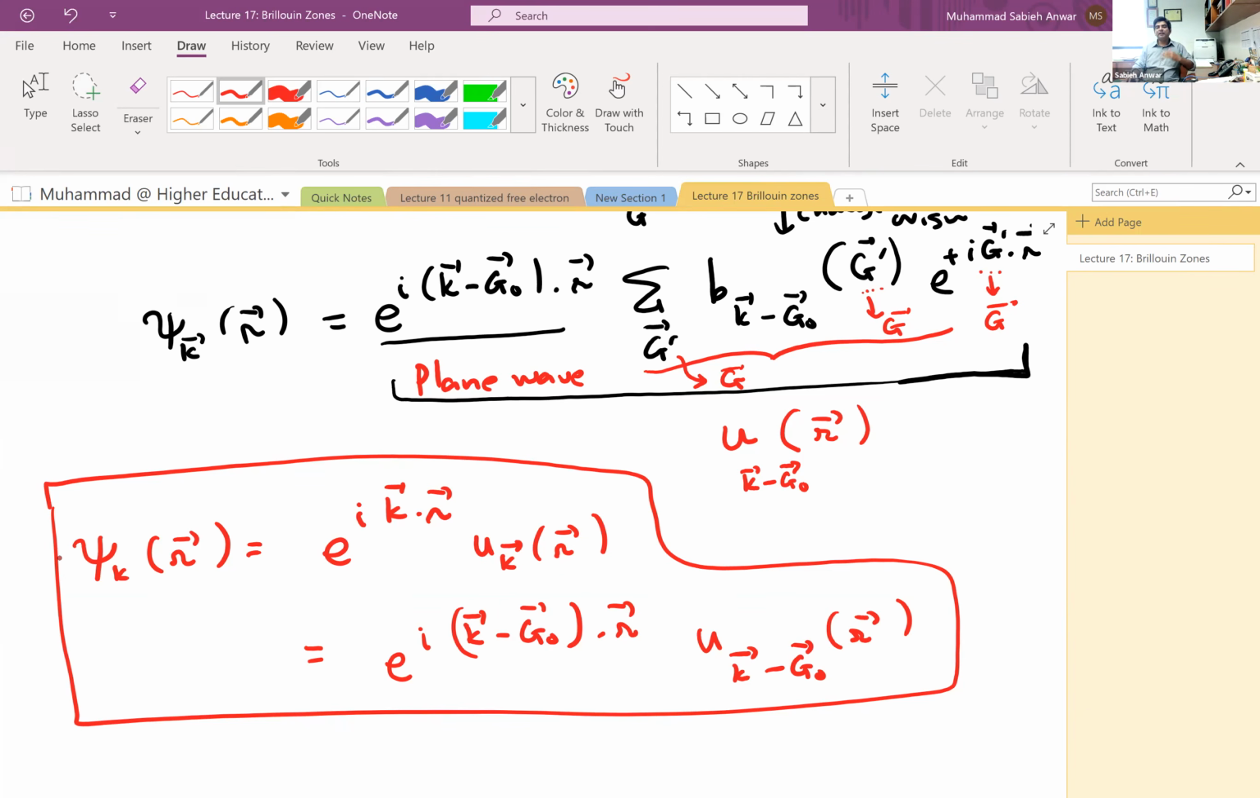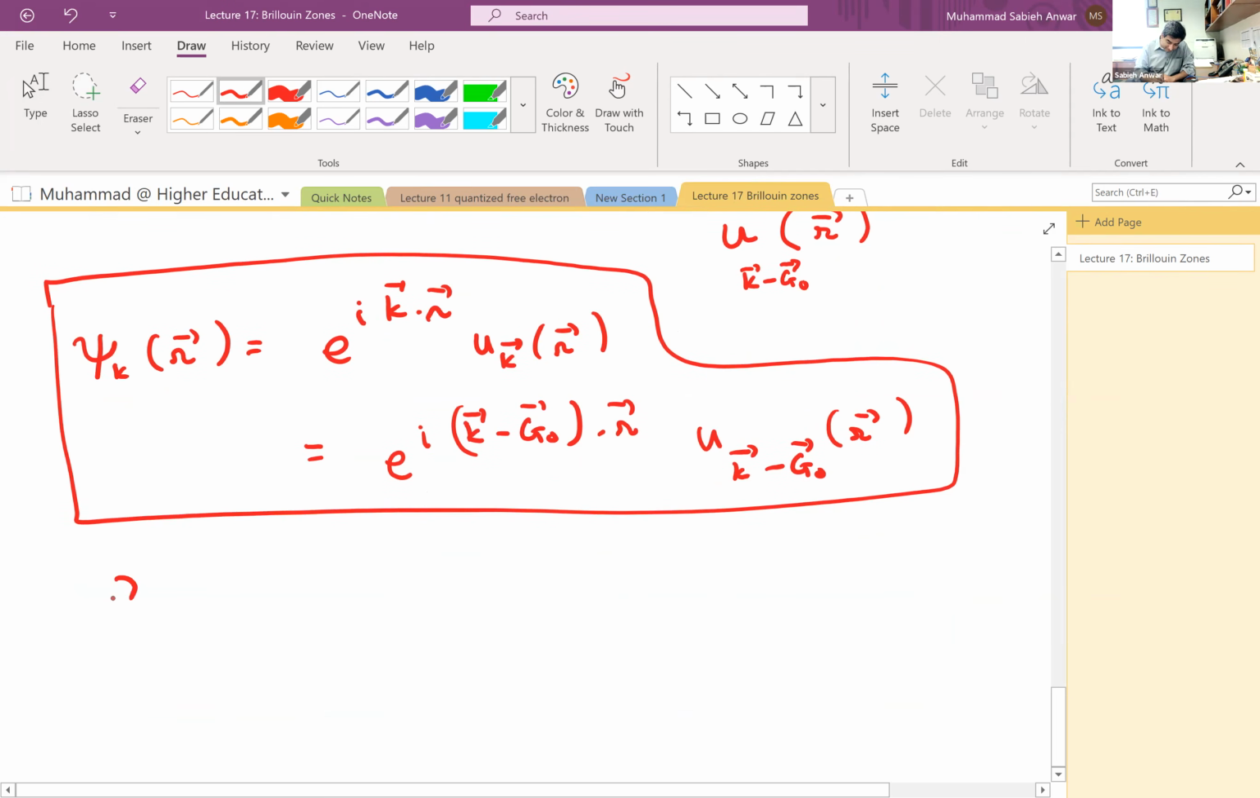Now, it turns out that we don't need to consider all of those k's. If we take a particular k point and another k point that is further away from that k point by some reciprocal lattice vector, the Bloch functions are going to be identical at those points, right? So it's only required to define k which is periodic